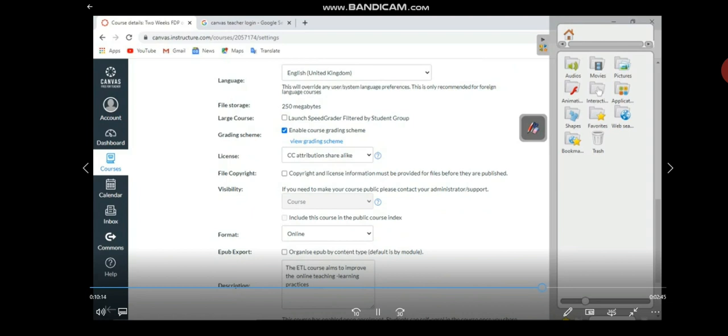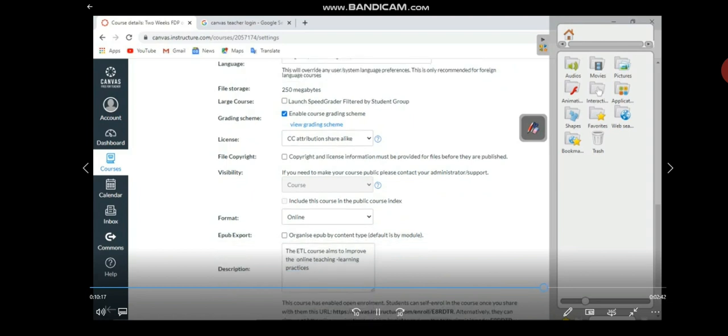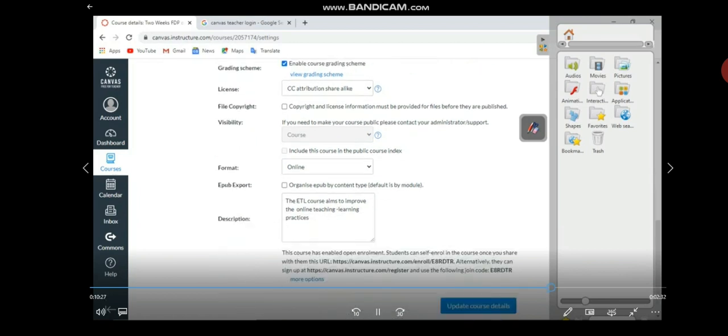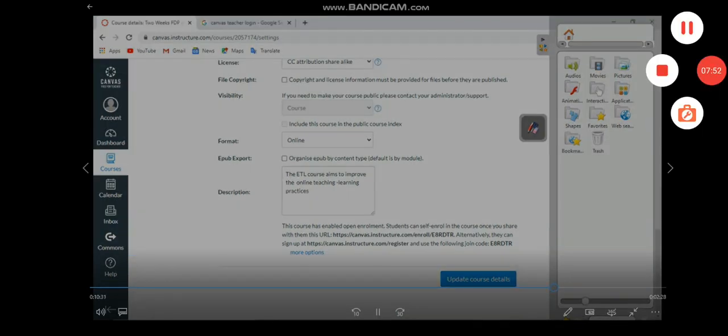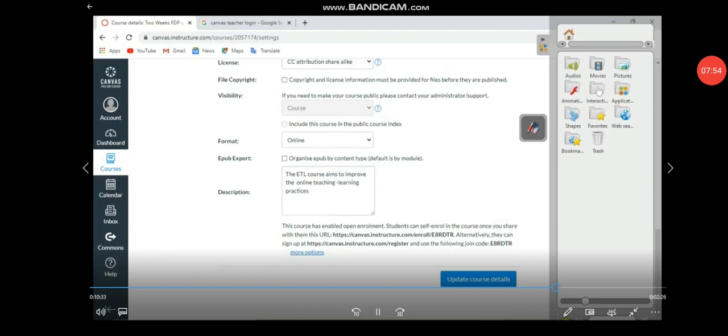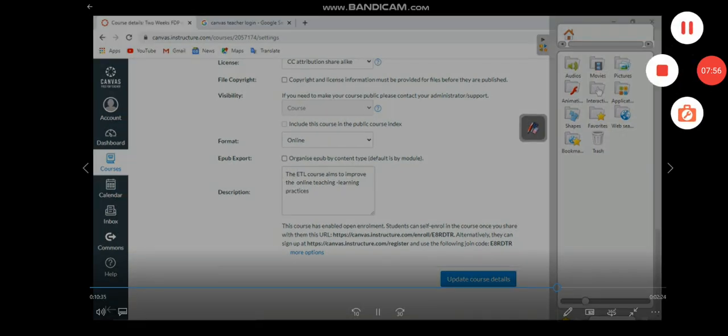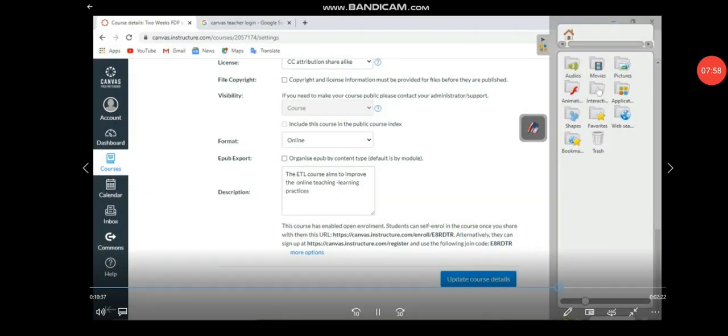So not private copyright, public license, visibility of the course, format of the course, online sharing options like EPUB, description of the course, etc. So once the course is ready, then this bottom line is very important. It comes here after the course is prepared. When the draft is ready, then this asks to enable the students for enrollment.